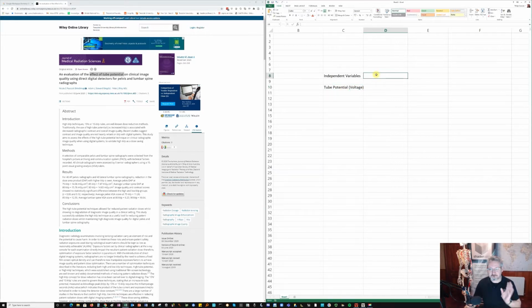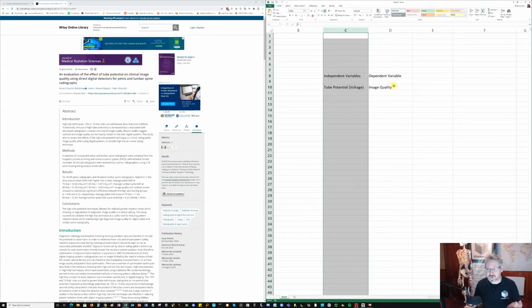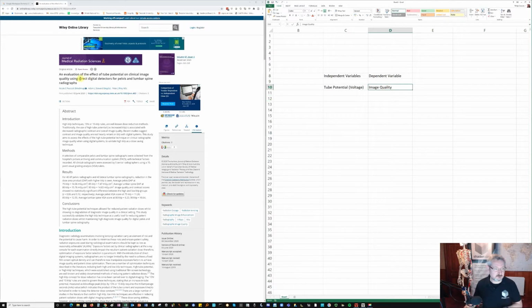Okay, and then every experiment has a dependent variable, and often more than one. So in this case, in the title it says the effect of tube potential on clinical image quality. Okay, so the image quality. Okay, now you can measure image quality in different ways, and because this paper is using the term clinical image quality, it's probably not going to be using a